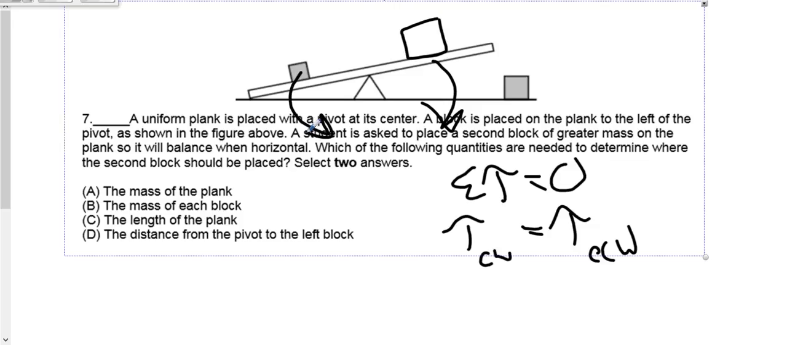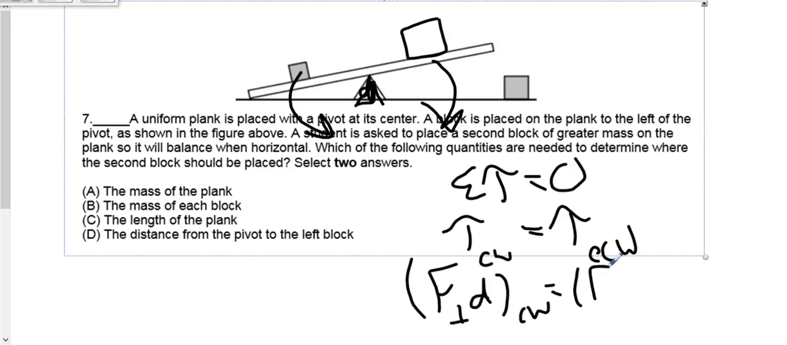And then we know that the pivot here is exerting a force on the platform, but since it's at the axis of rotation, there'd be no torque, because we're talking about force perpendicular to the distance to the axis of rotation. The torque in the clockwise direction has to be equal to the same thing